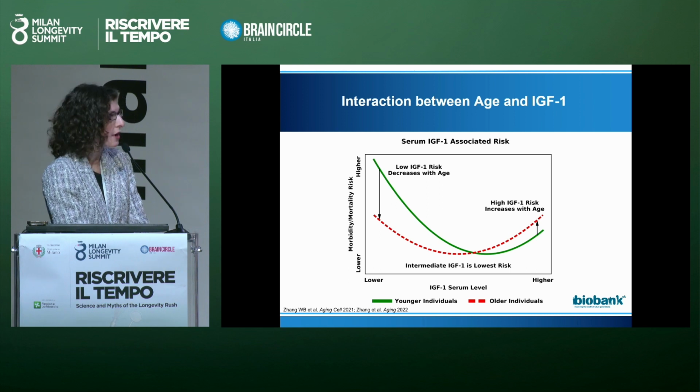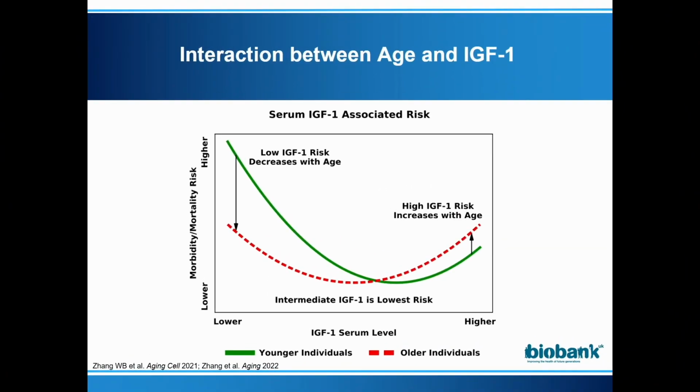So those who are young and have low levels of growth hormone have a much higher risk for disease and dying. But those who are older are not at as great of a risk. Their risk is significantly reduced compared to the young people. On the other hand, when we look at the high levels of growth hormone, the people who are most at risk are those who are older. Younger are also slightly at risk, but not as much as the older people. And in fact, the lowest risk is here, somewhere between the 25th and 50th, maybe 75th percentile.